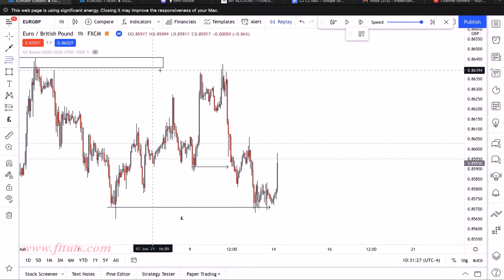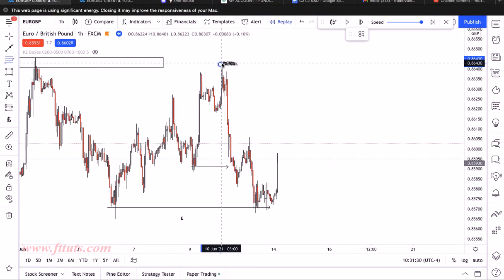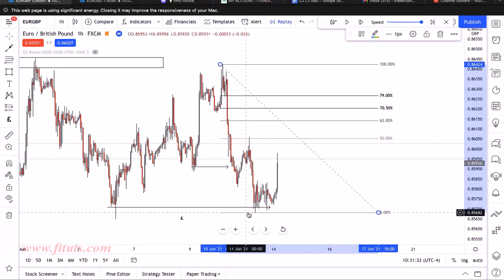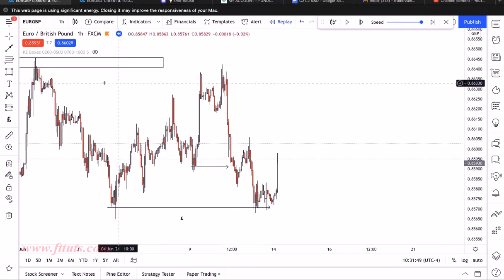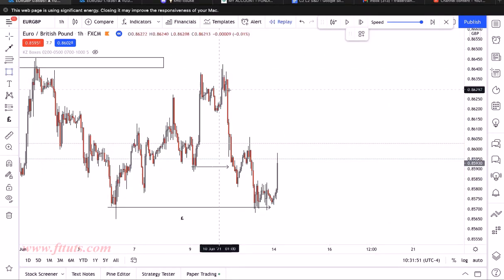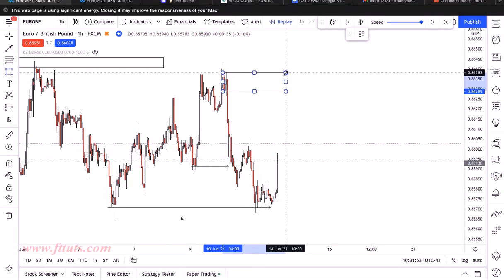Step number one, take out your Fibonacci. Mark out the swing high all the way down to the swing low. And then we begin to look for our discounted areas. 62%, we don't see anything. No base. 70.5%, no base, just imbalance. 79%, what can we see? A discounted supply. So we're interested in this area here,